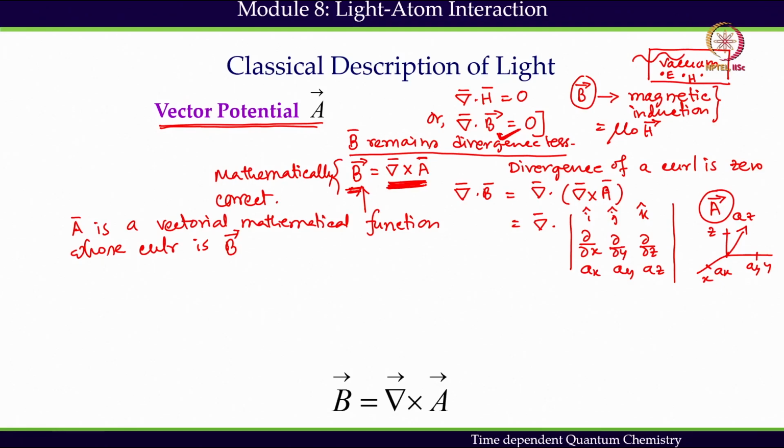But we will try to give some pictorial meaning of vector potential. One of the physical significance of representing B in terms of vector potential is that for a charged particle, if I have a plus Q charge particle with mass m and velocity, let's say v, if this particle is interacting with electromagnetic field,